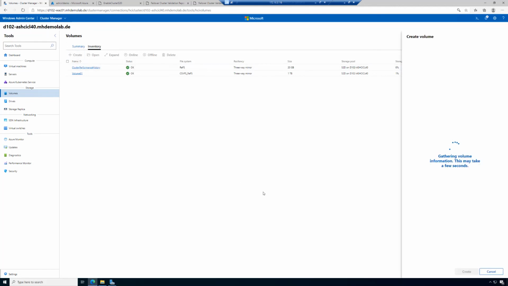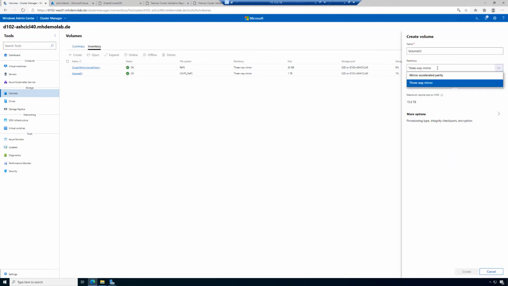Let's check what's also possible. When I create additional volumes, in volume 2, I can see, oh, there's no nested 2-way mirror. There's also not a nested 3 or 4-way mirror. The nesting is only available in the 2-node cluster. Because in the 2-node cluster, it's so difficult if one server fails. In a 2-node cluster, we cannot have a 3-way mirror because there's no third instance as a fault domain. The fault domain level here, the default fault domain level, is server. So this is the instance storage spaces direct looks on, and where storage spaces direct ensures that we have redundancy